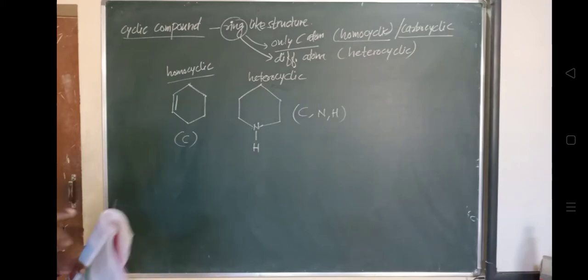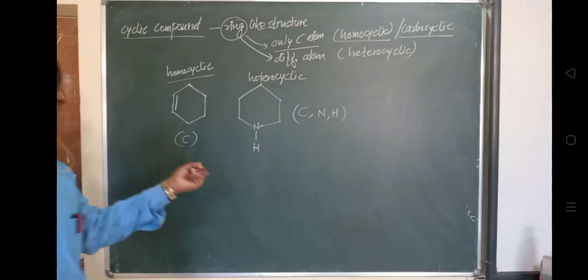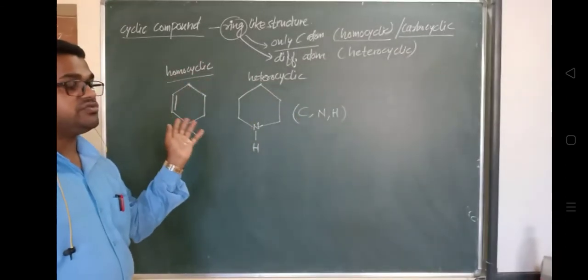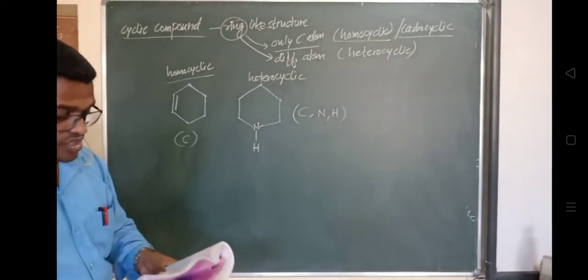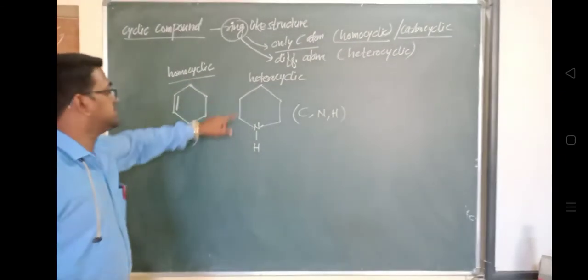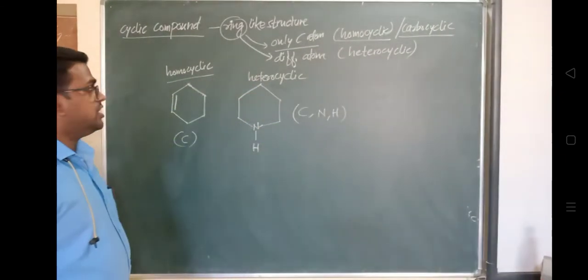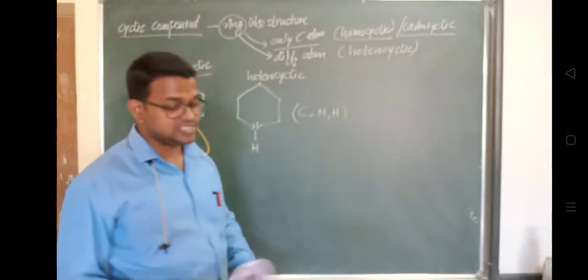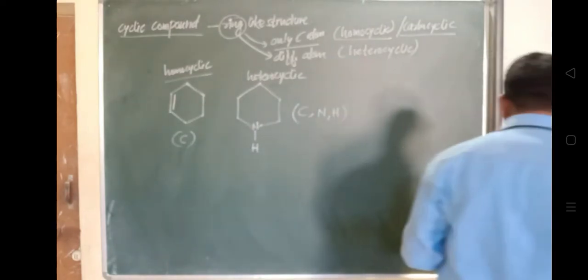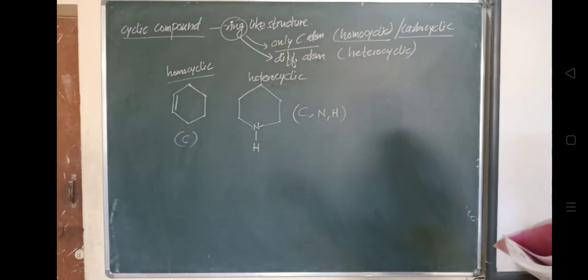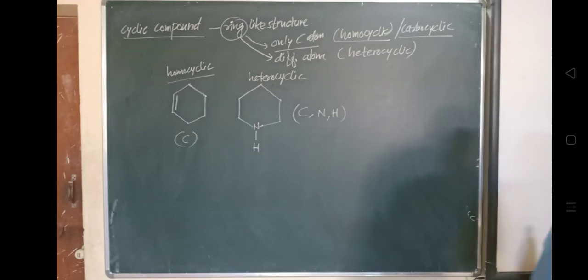Here we have completed acyclic, and cyclic also we have completed right now. So what is acyclic? It is a continuous, open chain, and in the case of cyclic, it is a closed chain. You look at this, it is a closed chain. And cyclic is classified into two. One is homo and another one is hetero. Now we will see when we call homocyclic compounds alicyclic and when aromatic, that we will discuss.